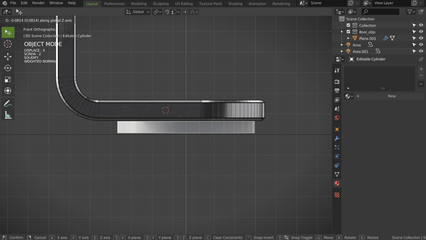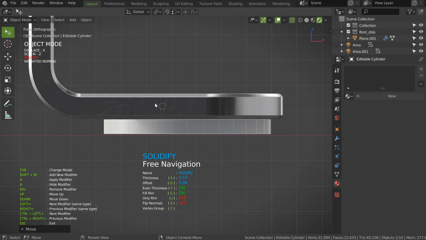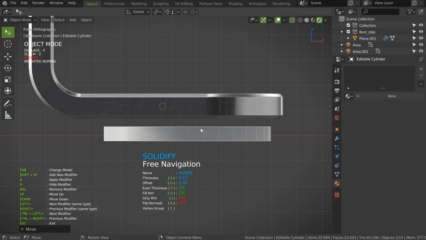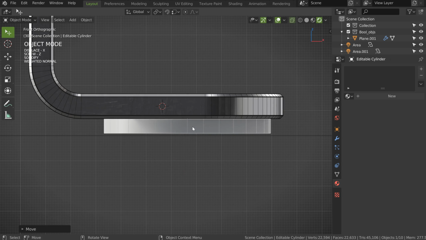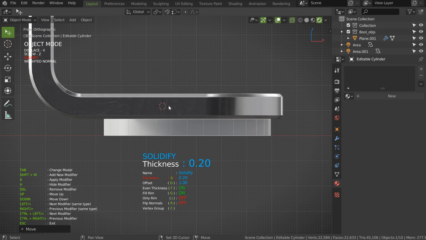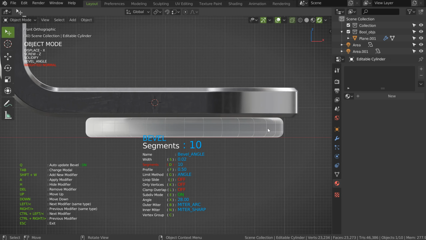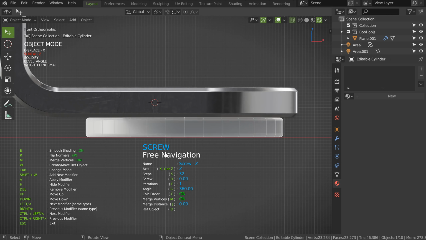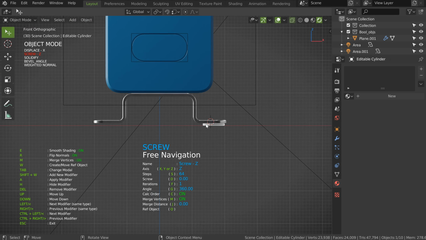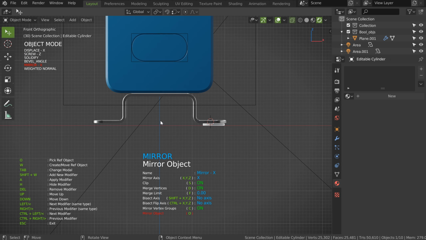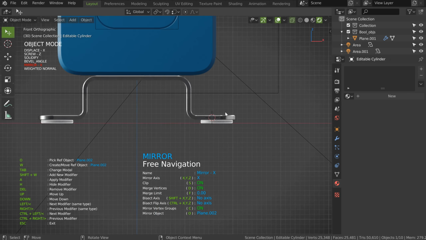And as you can see on this solidify, to help you, you can play with the offset to place it. After, you will just place this one here, like that, and after you will play with this, to be sure to have something correct. I will on this one add a bevel, and I will make something like that, and that should do the trick. I can increase the screw, 64, and that's it. So on this one, what I will do is to add a mirror, but I will not use this one as reference. I could, in fact. I will add a mirror, I will press O, and I will click here. Boom. And I did this.